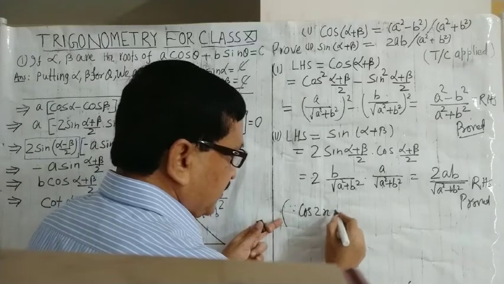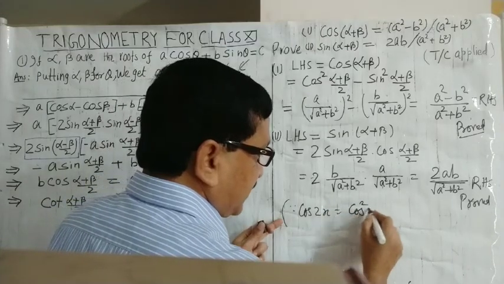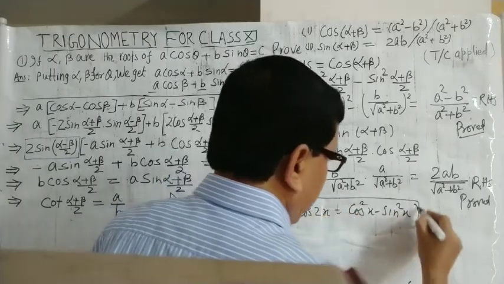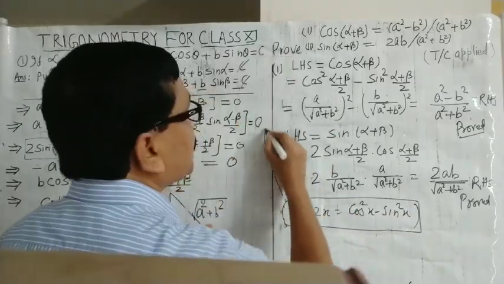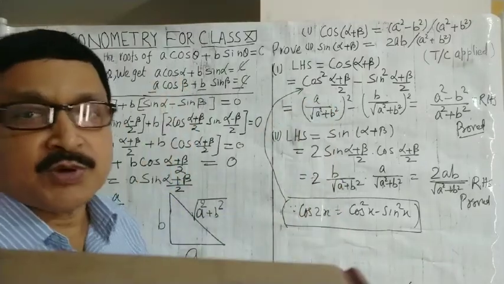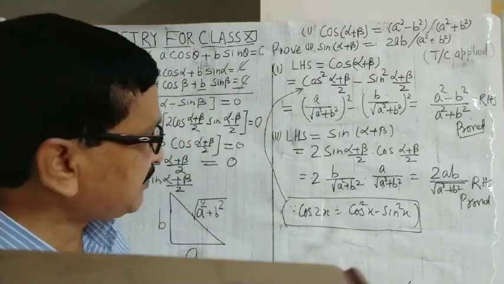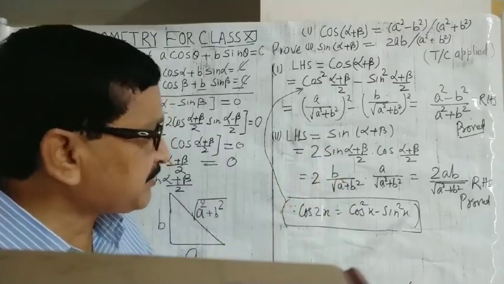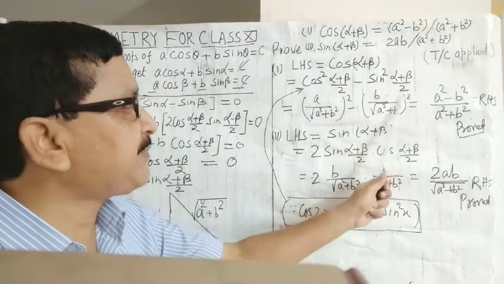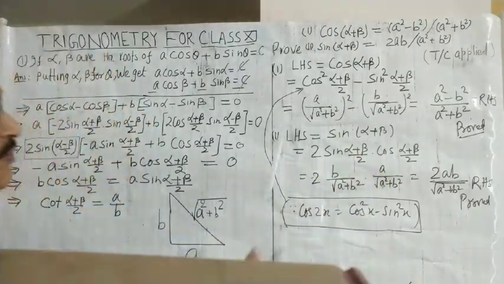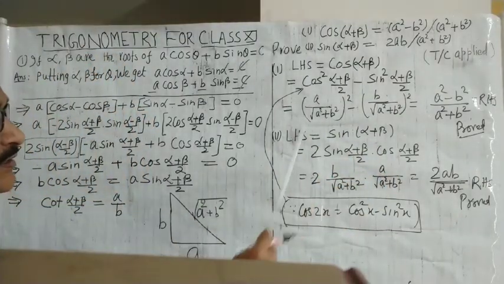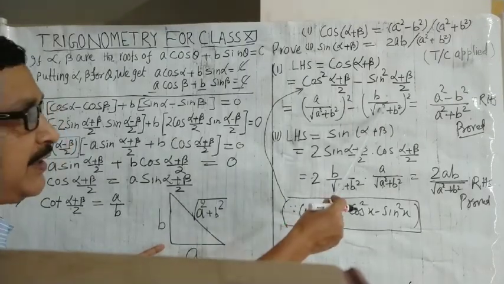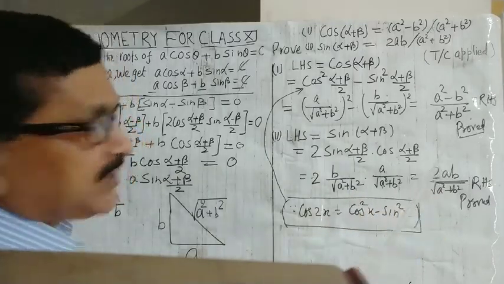cos 2x is equal to cos square x minus sin square x. So this concept has been used to write the formula for this. Cos square x, 2x becomes x, so alpha plus beta becomes (alpha plus beta)/2. And again 2x becomes x, so alpha plus beta becomes (alpha plus beta)/2. Now putting the value of cos (alpha plus beta), A by this whole square minus B by this whole square. So on simplifying we get this RHS proved.